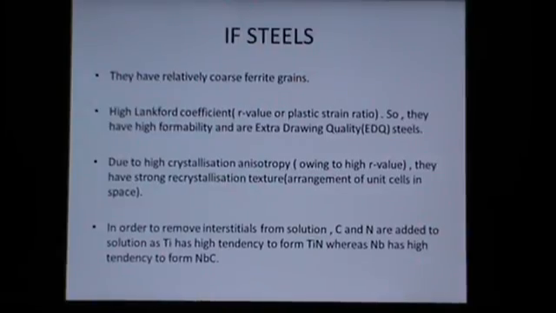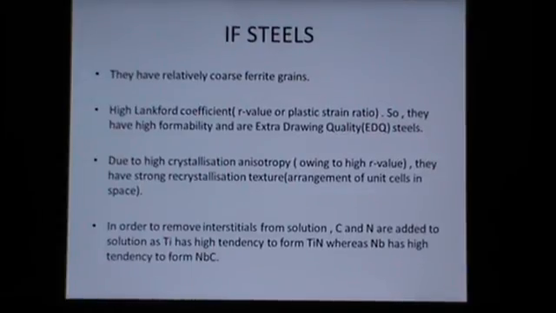At the same time, for the IF steels, there is high anisotropy owing to high R value, so they have strong recrystallization texture. So now what is texture? It is the arrangement of unit cells in space. In order to remove interstitials from the solution, the carbon and nitrogen are added to the IF steels, as titanium has high tendency